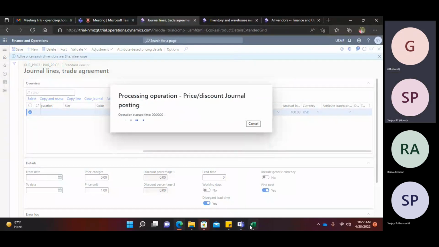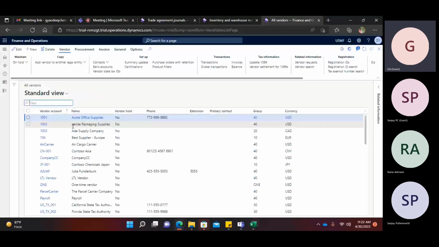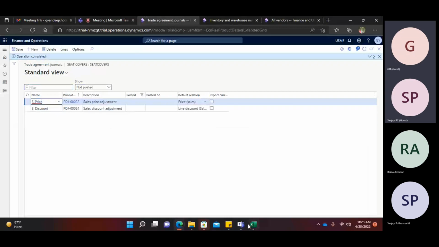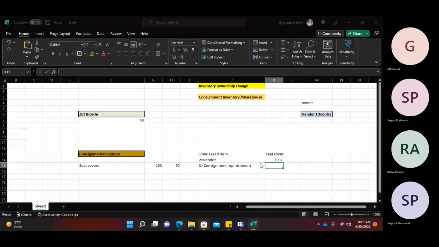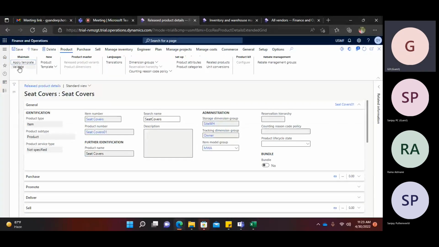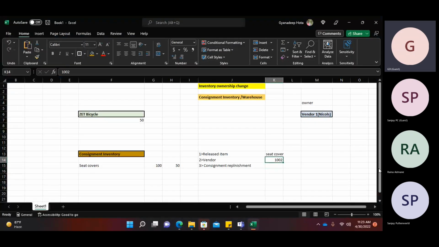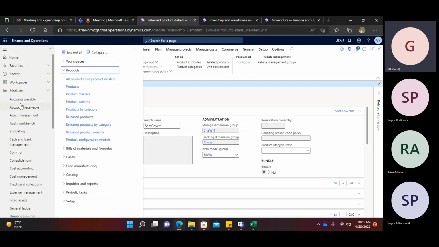So first we created one seat cover item. Which vendor have we taken? 1002. Okay. So as of now, let me check if any error is there. Okay, no error is there. So item is seat cover and vendor is 1002. So I'm going to